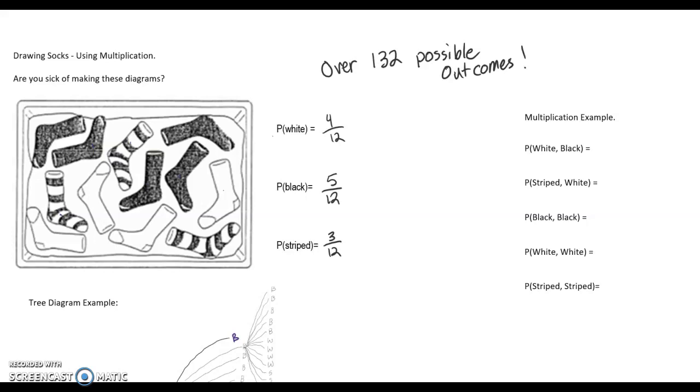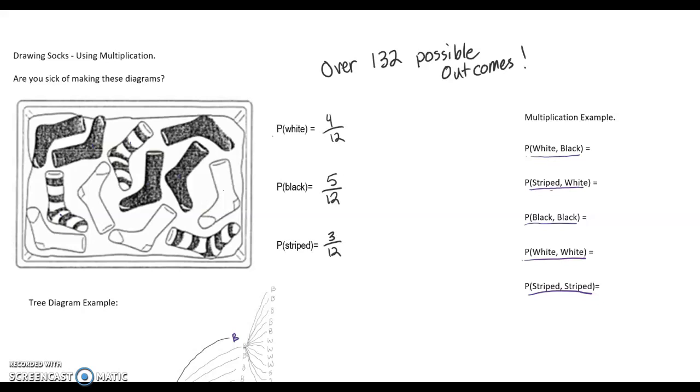So right now they want us to find the probability of choosing a white, black, probability of choosing a striped sock, then a white sock, probability of choosing a black sock, then a black sock, probability of white and white, probability of striped and striped. Now you might be sitting here going, that's a lot of problems, but they're very easy if we use the